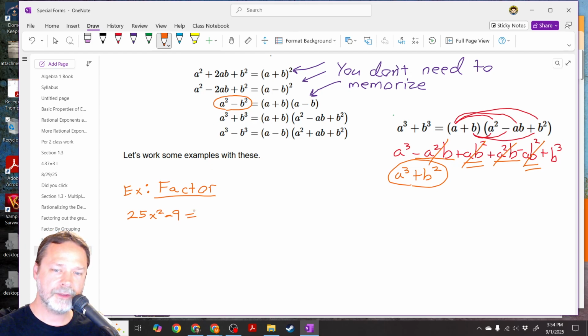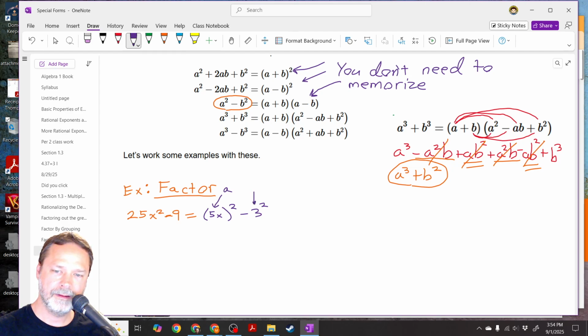And the easiest way to do it, if I want to make it easy and give you a kind of procedure to do it, I'd want to get it in this form. What's my a? What's my b? So, well, what's being squared here? It's 5x. Okay. What's being squared here? It's a 3. And once I know my a, and once I know my b,